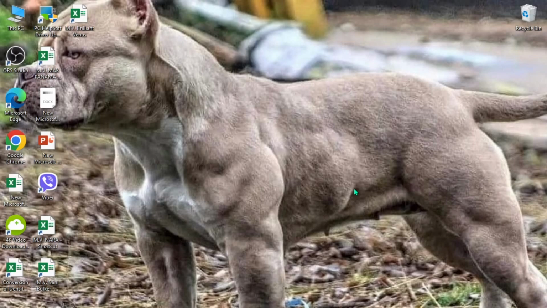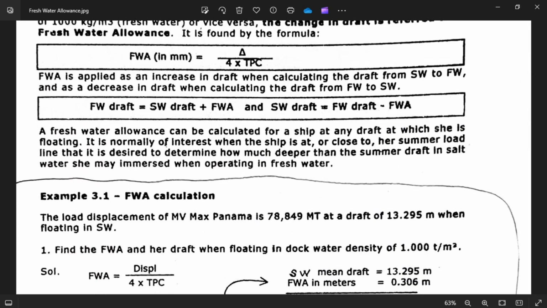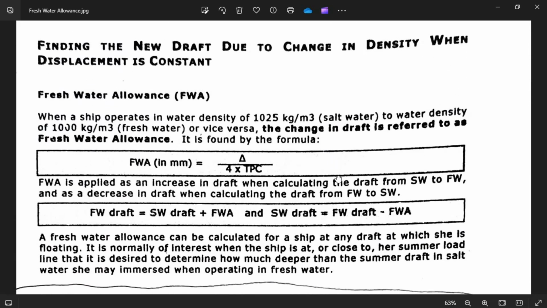I'm going to discuss freshwater allowance. So bear with me guys and let's discuss this together and let's start. So the topic for today is freshwater allowance and the title is finding the new draft due to change in density when displacement is constant. Okay,